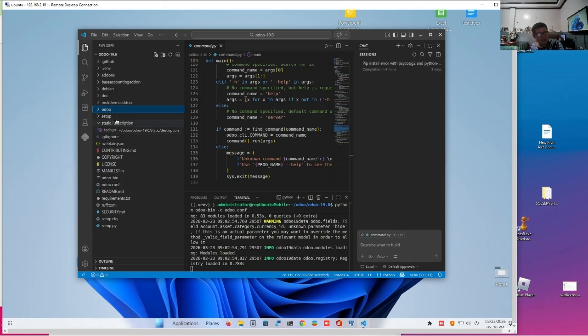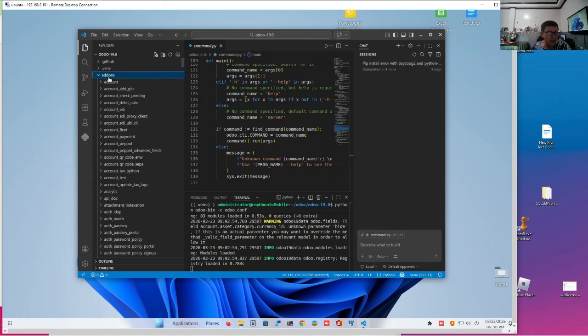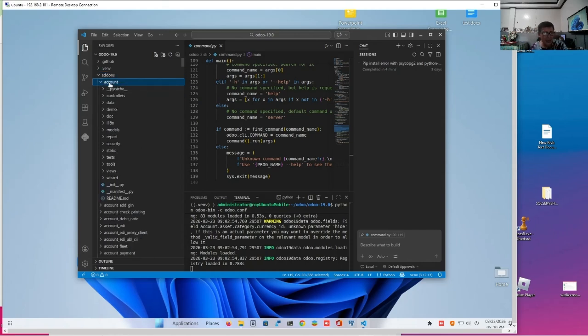Okay, it's just like that. For example, you have an add-ons folder. So the add-ons folder is like a book, and there are subfolders. These subfolders are like chapters within the book, and each chapter will have its own table of contents. The table of contents is init.py.